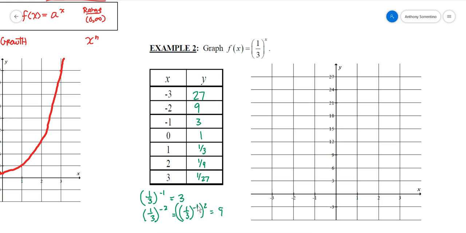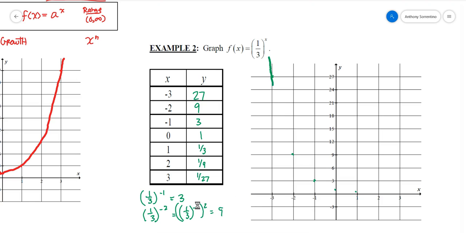So, these functions are very closely related to each other. As a matter of fact, if I did a horizontal reflection, or basically a reflection across the y-axis of y equals 3 to the x power, it would be this function here. And I'm going to show that. I have -3,27 would be a point, -2,9 would be a point, -1,3 would be a point, 0,1 still a point, 1, 1/3,